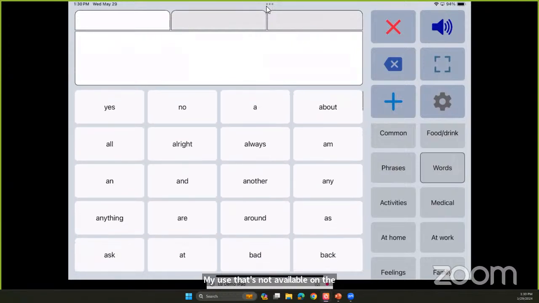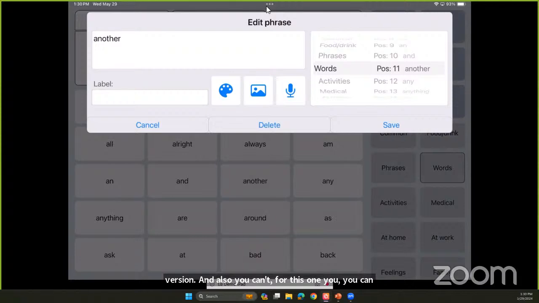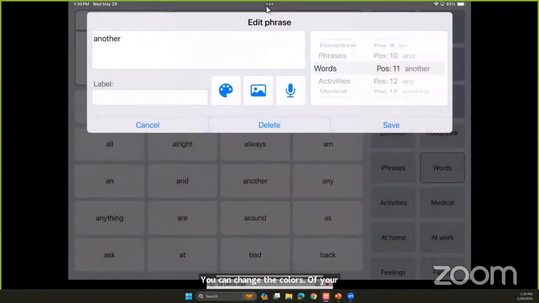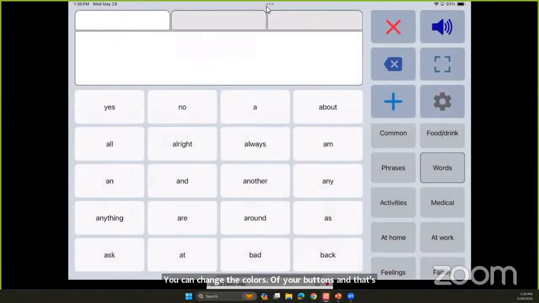I don't think it has the family category, but you can still add your own categories in the free version. Also, you can't change the colors of your buttons, and that's not an option in the free version either. So a few differences, but still pretty good to have for something free.